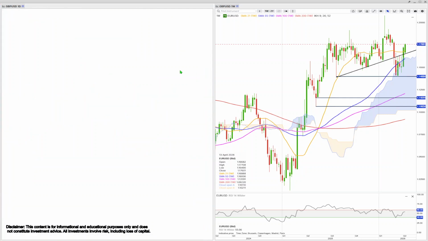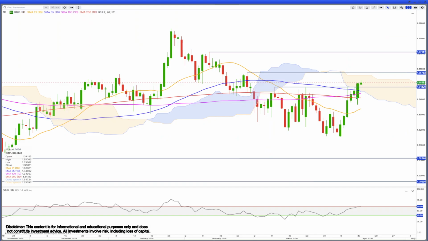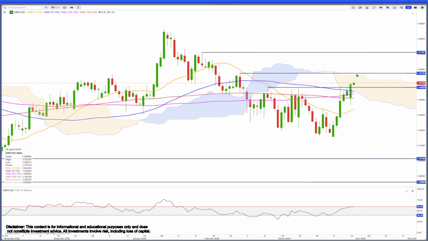On the sterling dollar, or cable as we used to call it in the old days, let's zoom in to see a little bit. RSI currently flirting with the 60 threshold. Sterling dollar above 134.85 resistance. You can see here also the 55 is declining, so it's trying to drag it down a little bit. But we have the 100 up, we have the support with the 200. If it takes out the lows from yesterday here at 133.65, well then a bearish trend is back in session, so to speak. But I think we'll see it crawling higher here towards the upper part of the cloud and